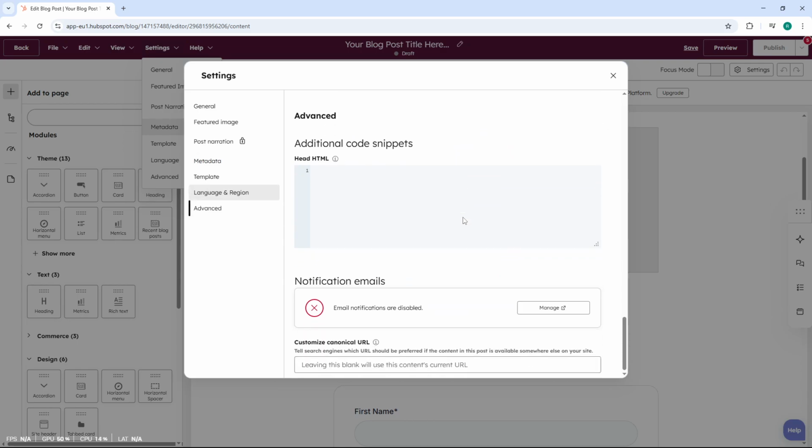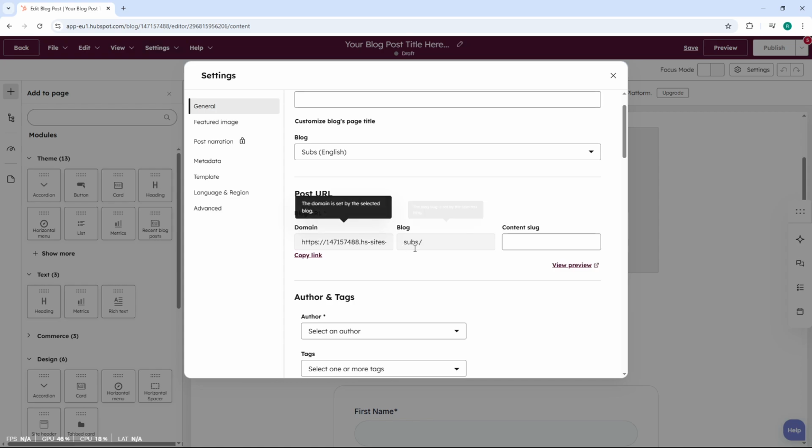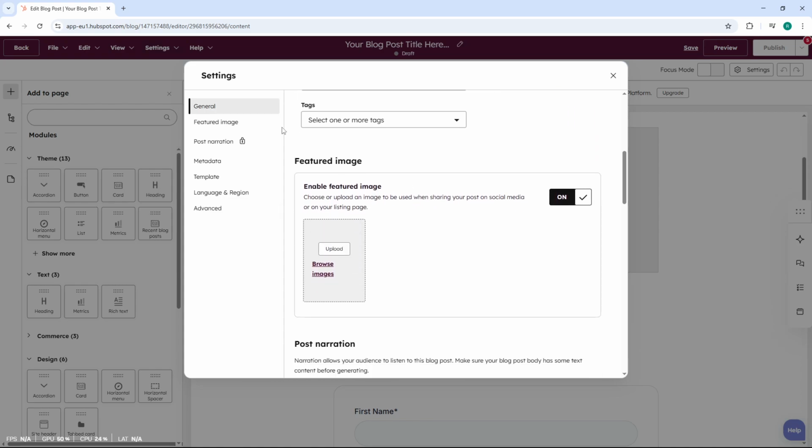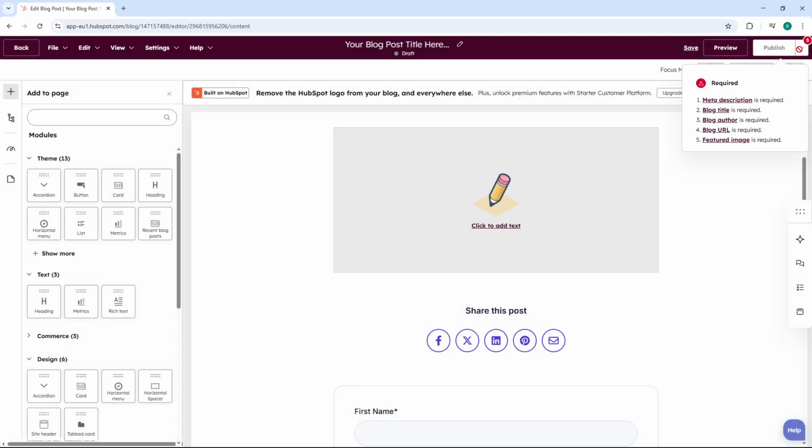In the post settings, you can also choose when you want your post to go live by setting a specific publish date and time, or you can leave it as immediate publish. Toggle the sticky post option on or off depending on whether you want this post to remain at the top